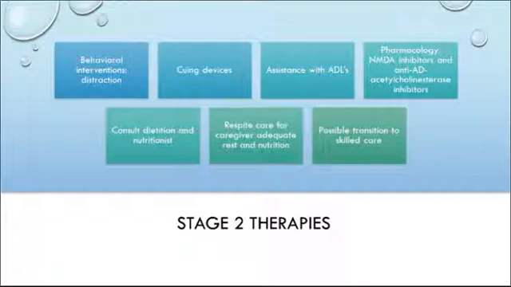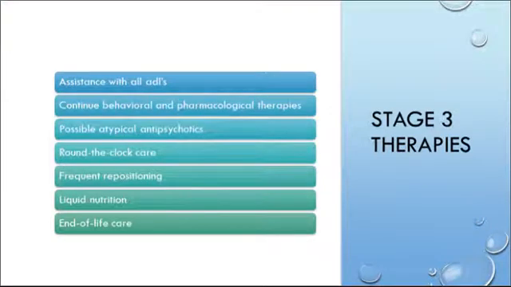This is where pharmacological things can be started. Consult dietitians and nutritionists because that's extremely important. Respite care for family members and other caregivers. When you get to stage 3,